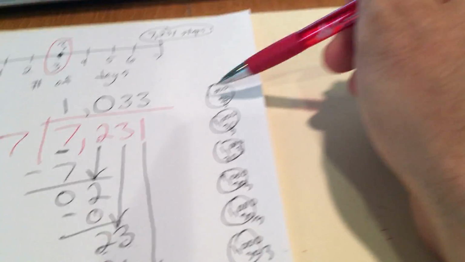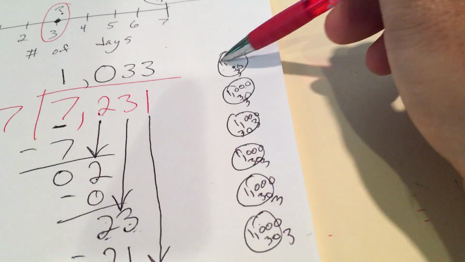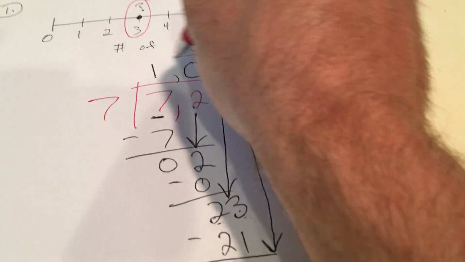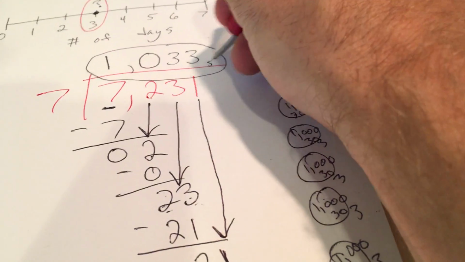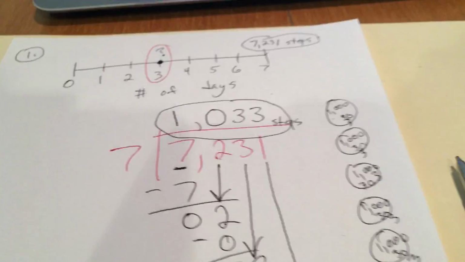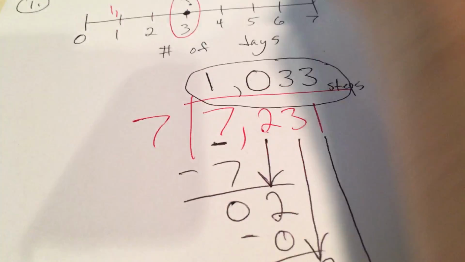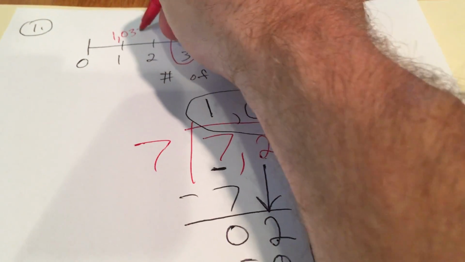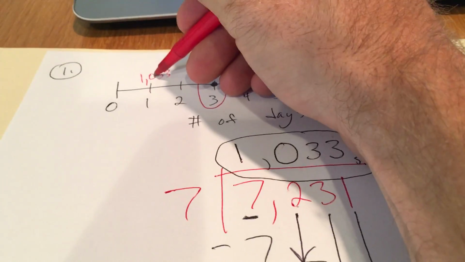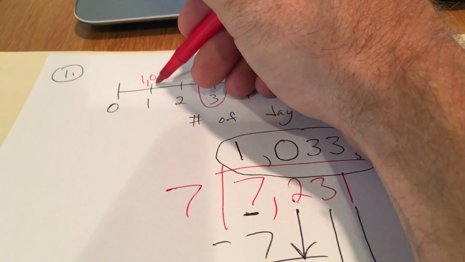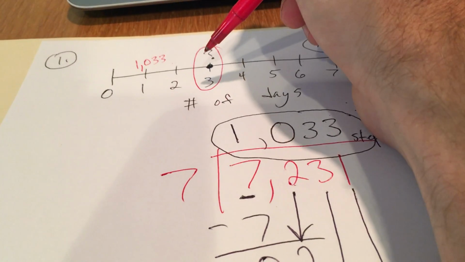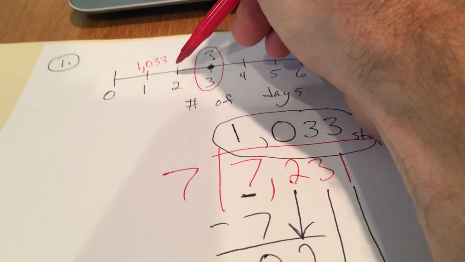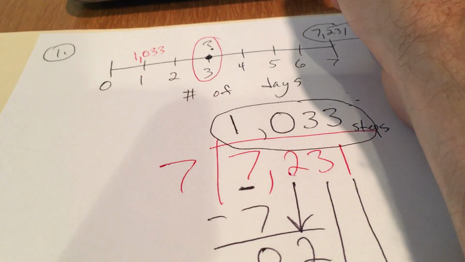So now we have a total of 1,033, 1,030 plus 3 in each group. So 1,033 steps represents how many he took each day. So in one day, he took 1,033 steps. That means in 2 days, he took another 1,033 steps. So you could add 1,033 to that, and then take that answer and add 1,033 to that, and you'll get